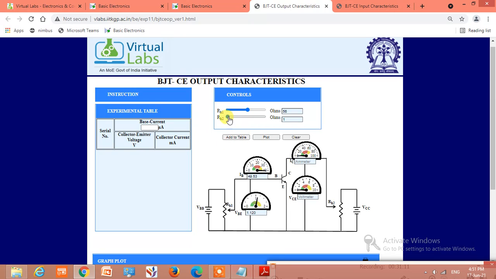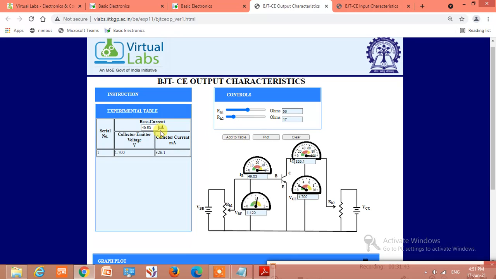Increase the output voltage VCE in steps of 1 volt. Add to table.